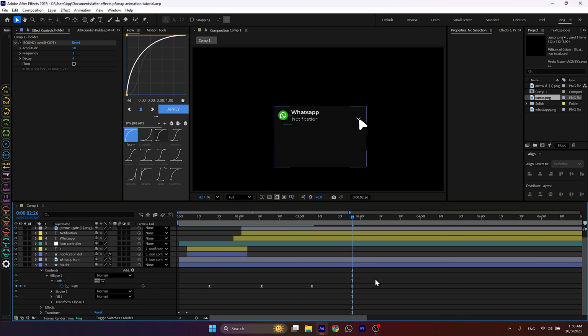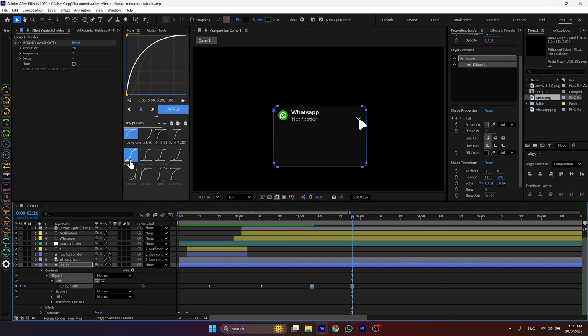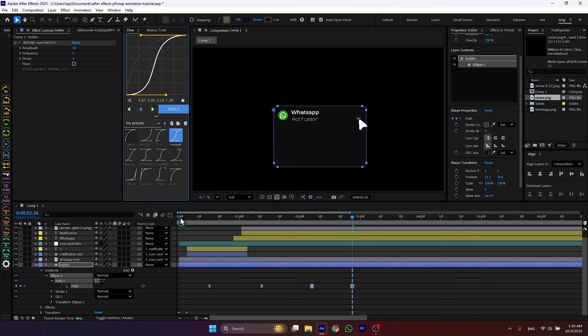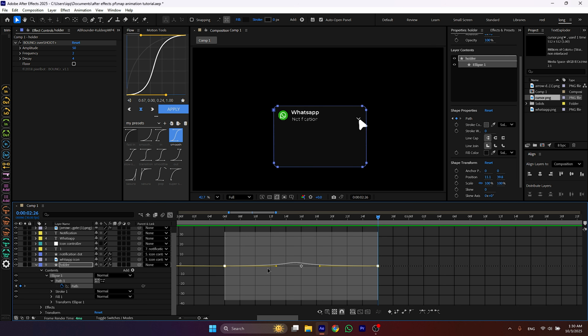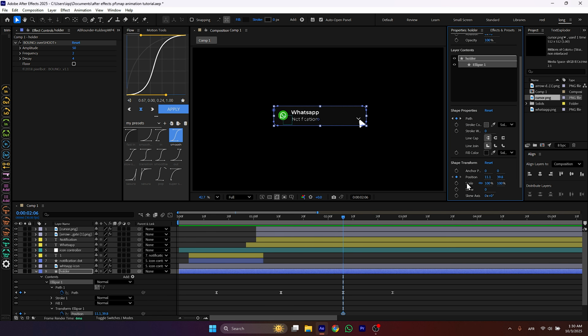Then ease the keyframe and add this middle graph. Also animate the position.